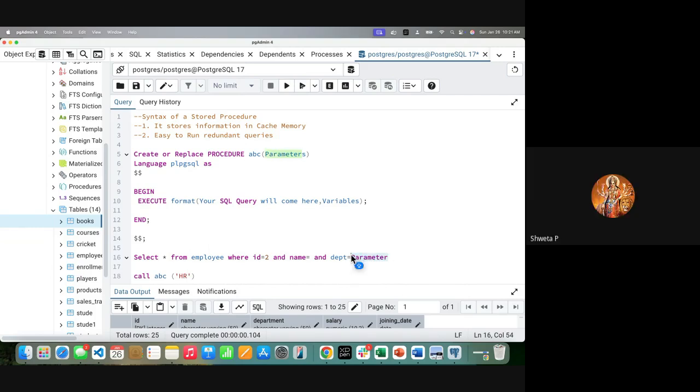Yes, but we have said department equals whatever the parameter is, and whatever value we want, we pass it from here. So every time we want a different department, we'll have to say call ABC HR, call ABC accounting, call ABC IT, like that. Yes, you will have to do that. How many times we are going to do this? Depends on how many times you need to execute.